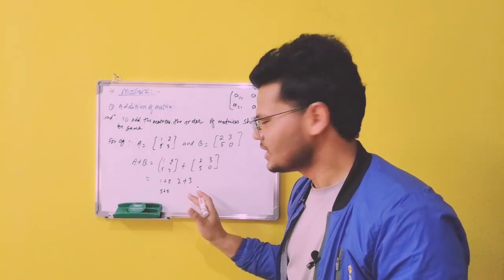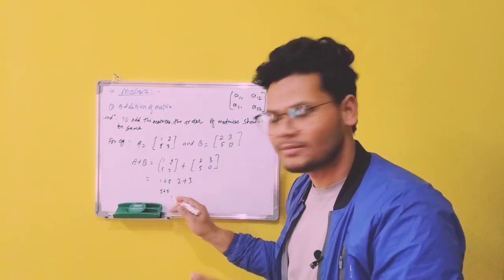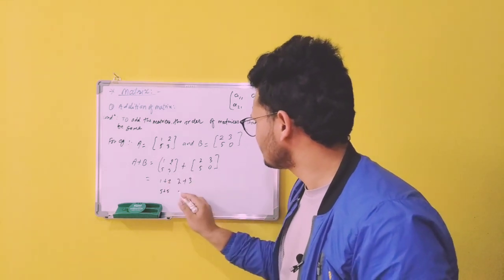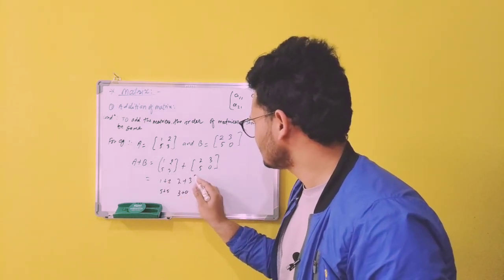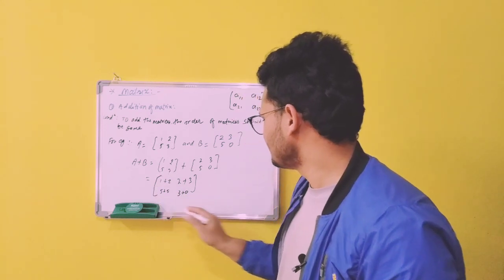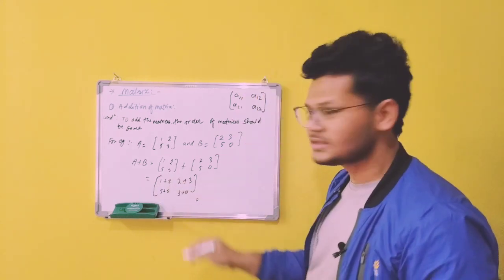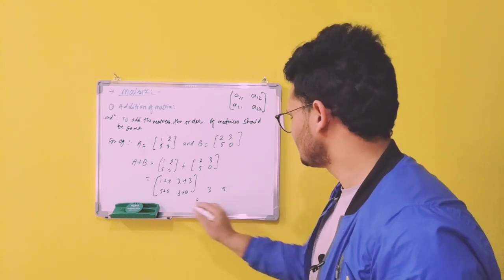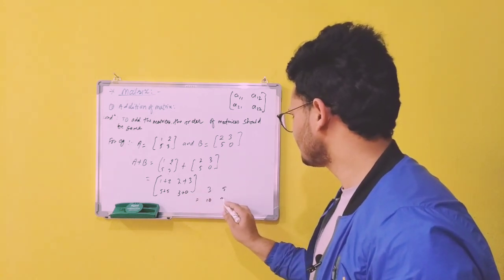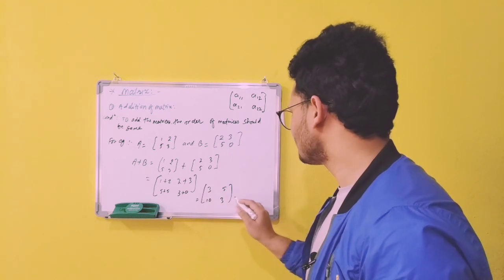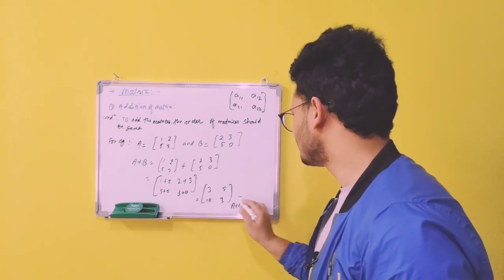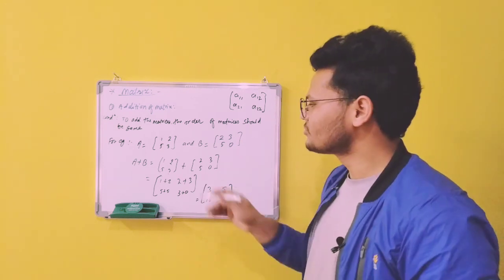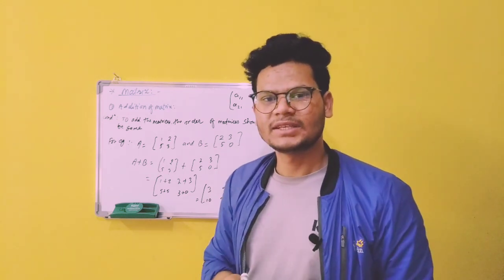Remember that this is the basic method to add the matrix, right? Okay, another 3 and 0 also same position, so 3 plus 0, which is equal to how much, just add that one. First 3, this one is 5, 10, also 3 plus 0 is 3, and this is our A plus B. In this way we can add two matrices.